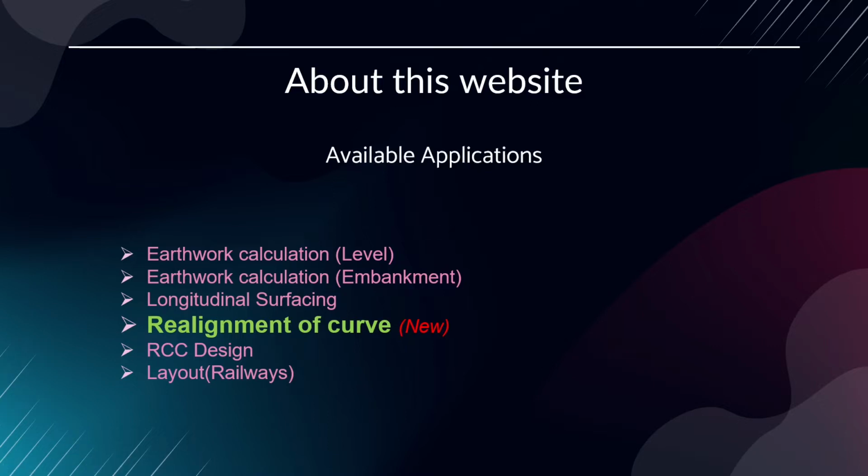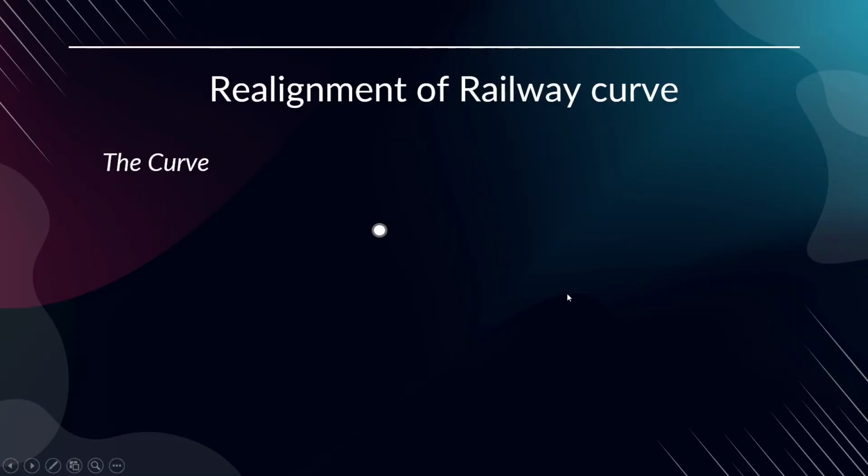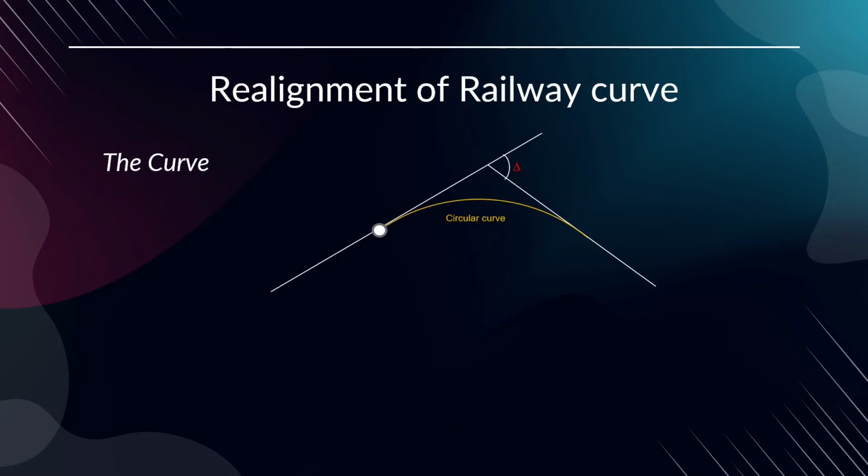Pretty well, the curve, in our railway or roadway we need curves. Where do we need curves? Whenever there is a change of direction. Suppose we have two straights, it's one line alignment, and suddenly the direction is changed. We cannot abruptly keep this road alignment or railway alignment. So necessarily we have to introduce a smooth curvature in between. Normally in our railway we are using circular curves. Even nowadays, highways also, we have national highways,